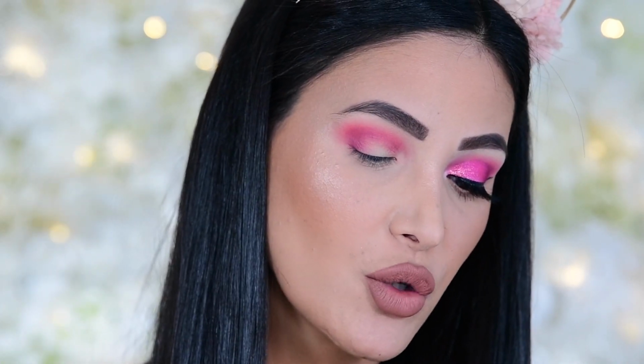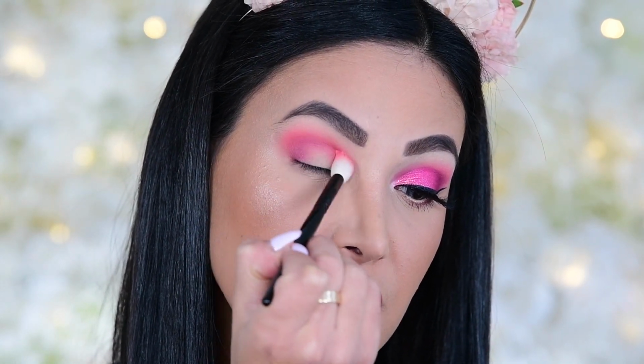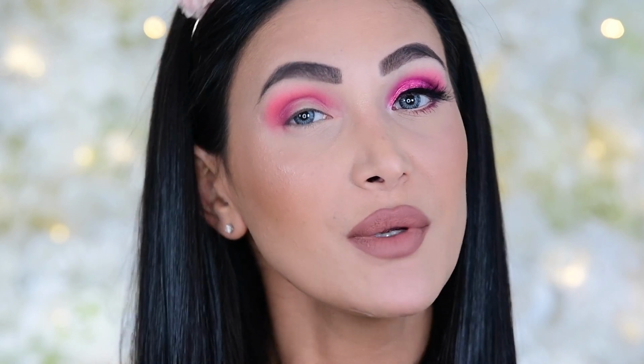Once we've laid down the Not a Fact, we're going to go back in with that larger Wayne Goss 16 brush, dip back in with pigment, and we're just going to run that over top of what we just laid down, just so that we can make sure it ends up diffusing and blending perfectly like we'd like. Okay, so once we've done that, we're ready to deepen up the corner of the eye just a little bit